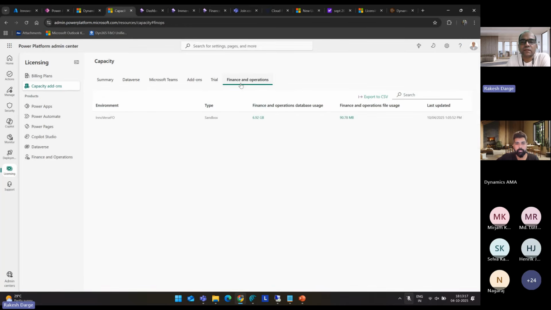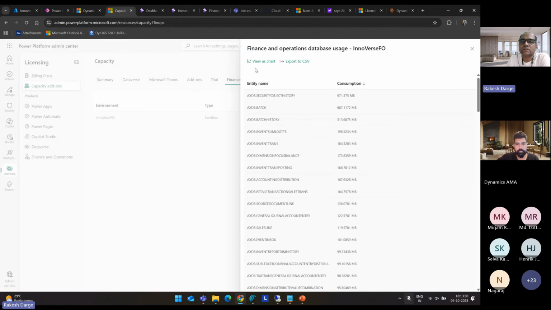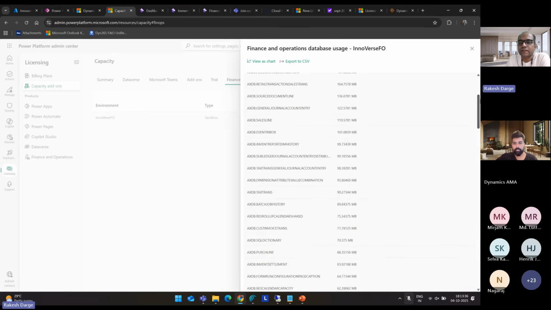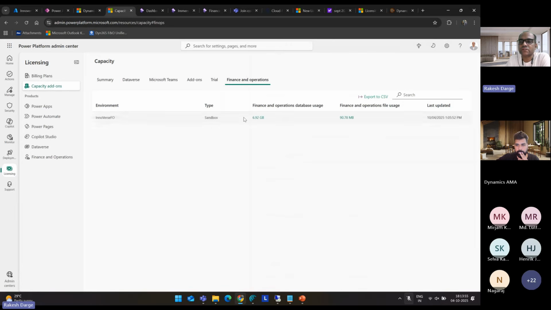But one of the things that I would like to highlight here is the finance and operations app, with another environment that I deployed as a sandbox. You can see all these databases. When I click on this, you will see all the databases. You can also see a chart. I'll not go into more detail again in the interest of time. You can see everything, the database size, and you can export. This really helps admin people see what type of information is there, like one of my tables, inbox box, which is typically used for alerts. You can pass judgment if the size is going into GB, and you can try to start truncating the information or whatever you need.